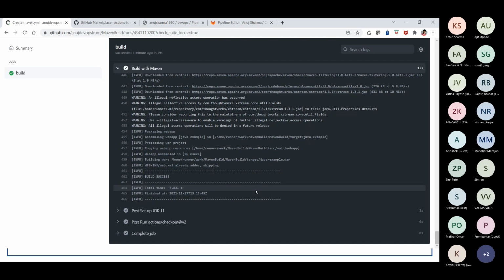So I'm using GitHub cloud, but if you have installed GitHub in your organization, then you can use it as GitHub Actions, or as GitHub Enterprise. That's also another benefit which you will be able to get in this case.